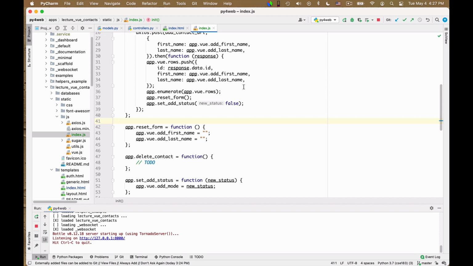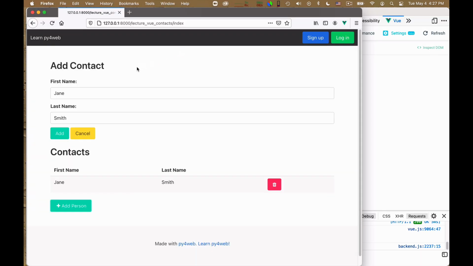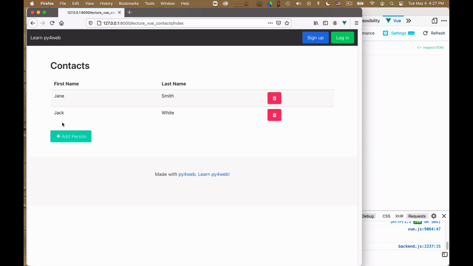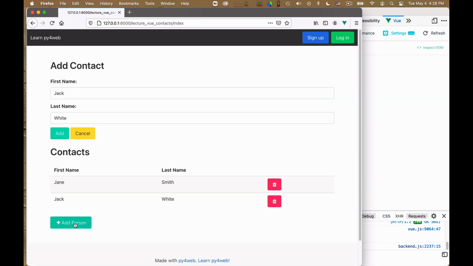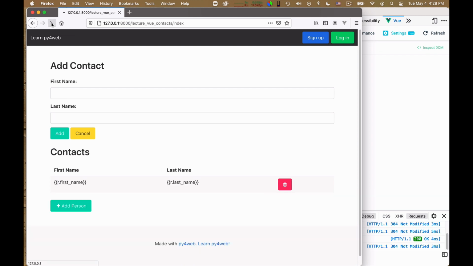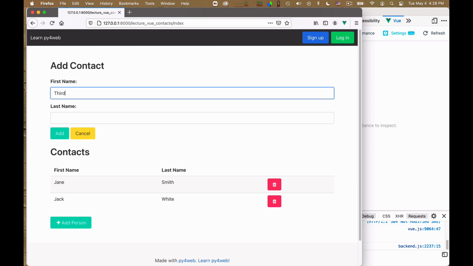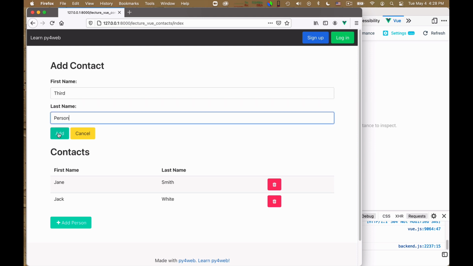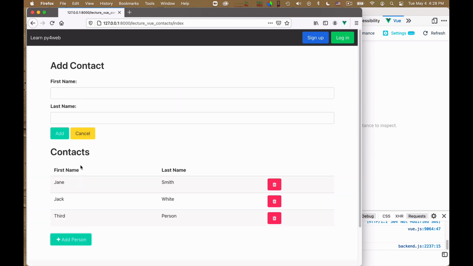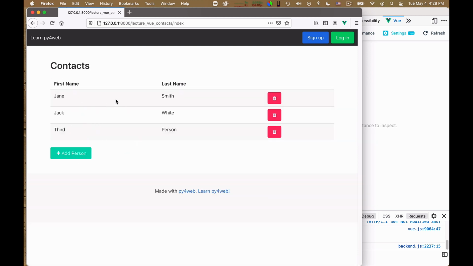I don't need to reload, because this is just JavaScript, so I can actually go right back and give it another try. I can add, I don't know, Jack White as another person. Now I can add it again. This works. Now I have two people in the database, and oops. Oh, because I haven't reloaded the page, of course. Well, how silly I am. Now I can add a third person. And if I click on add, yes, now it's blank. So now it works.